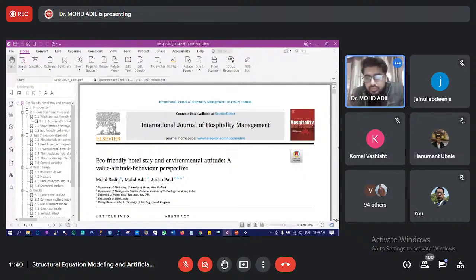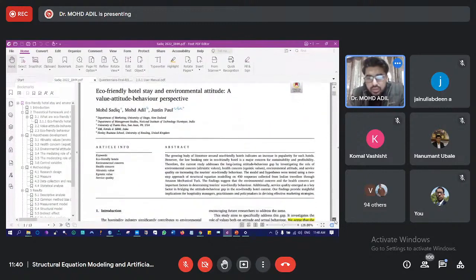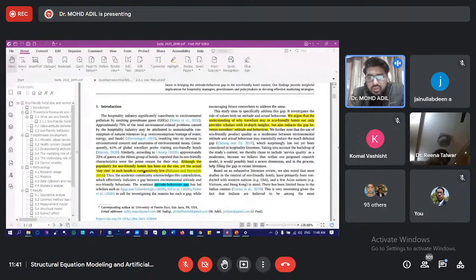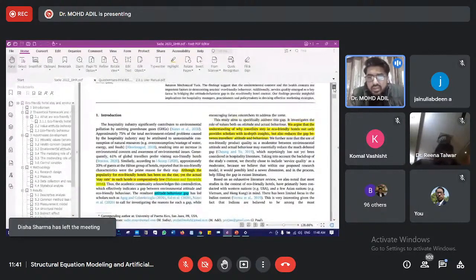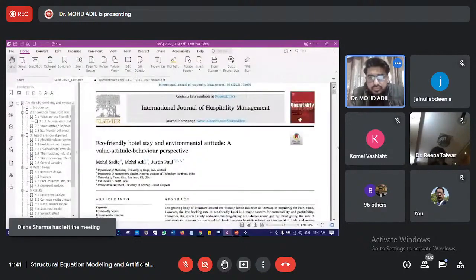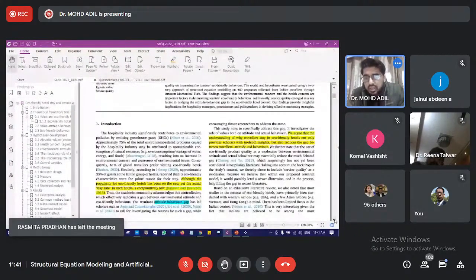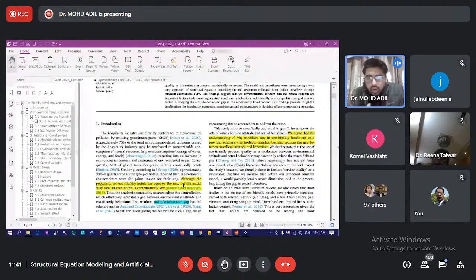Okay, so this is one paper, and see here. Let me go to this line. Although the popularity of eco-friendly hotels, this paper revolves around eco-friendly hotels, eco-friendly hotel stay, and environmental attitude. We may have a favorable opinion of staying in environment-friendly hotels, yet that is not being done in reality. So see here, or we can start from here, that approximately 75% of